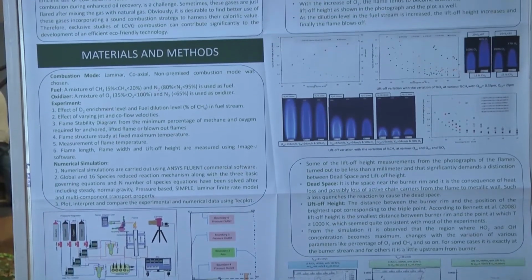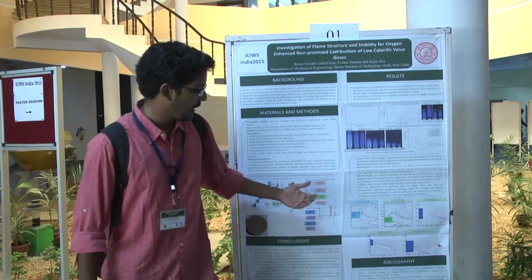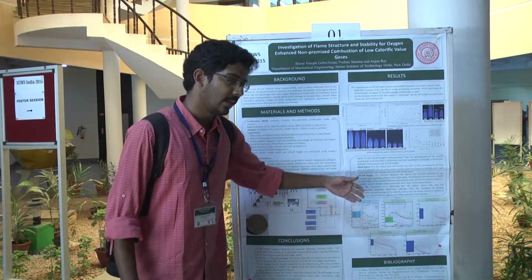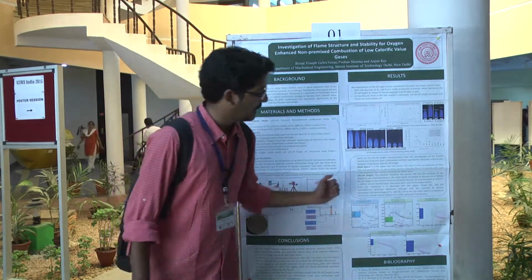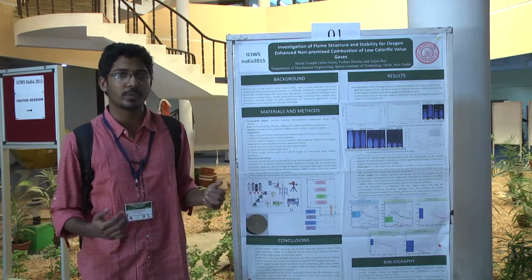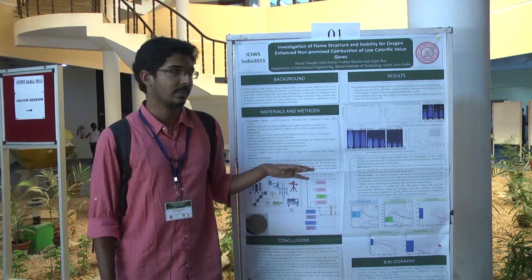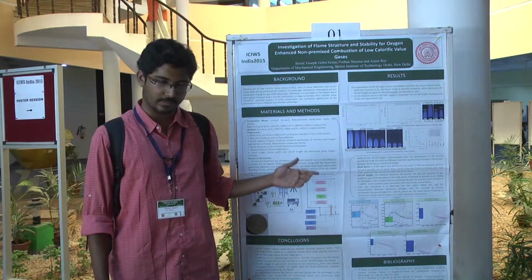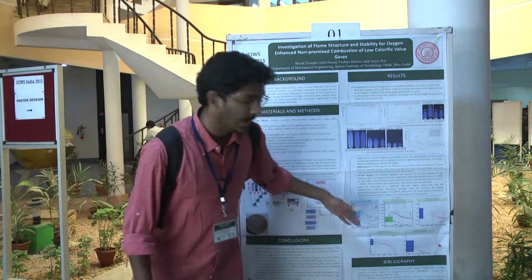So we went to simulation and we are focused on that HO2 species concentration. In some cases I have seen that HO2 concentration is exactly at the burner rim. In a few cases, HO2 concentration is a little bit downstream of the burner rim. In those cases where it is a little bit downstream, I can say that yes, it is lift off, it is not dead space. So I have to distinguish between dead space and lift off height, because I am getting the lift off height in sub-millimeter ranges. Where HO2 species is almost at the burner rim, I can say that yes, it is dead space, and where it is a little bit downstream, I can say yes, it is lift off height. So that's how I am distinguishing it.